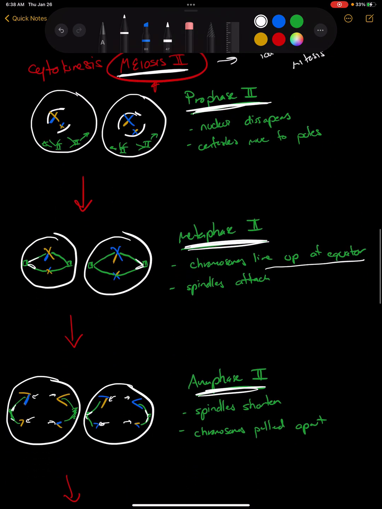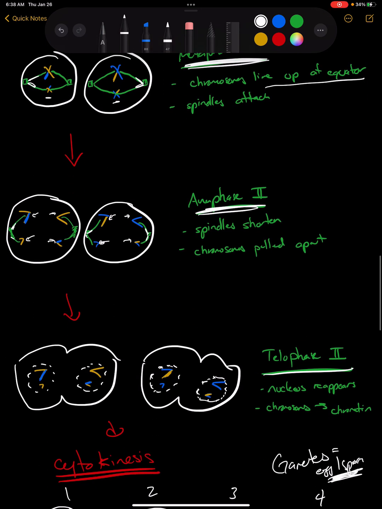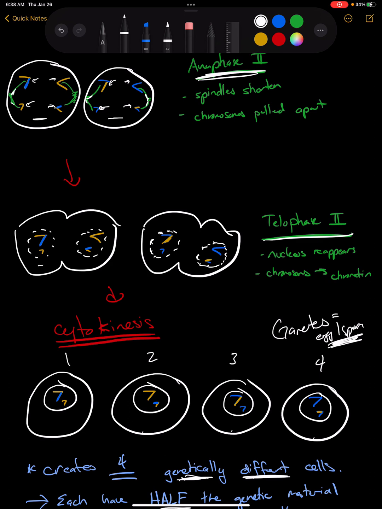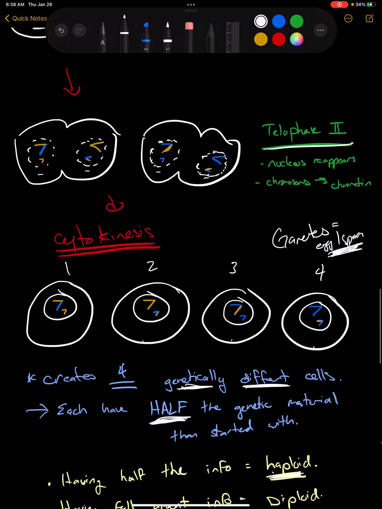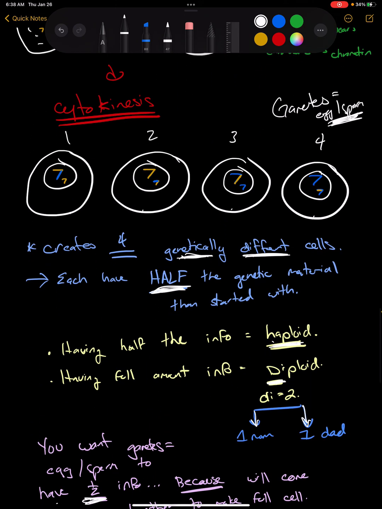Then in meiosis 2, I have 2 cells, and I'm going to divide up the replicated chromosomes. So the nucleus disappears. I put the replicated chromosomes in the middle. I pull my replicated chromosomes apart. I form 4 new nuclei. I go through cytokinesis. I make 1, 2, 3, 4 cells, all genetically different from each other, which is what I want, because genetic diversity will allow an organism to have a better chance of survival, perhaps.